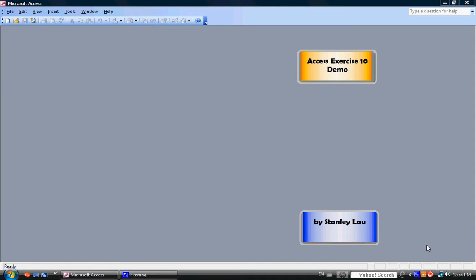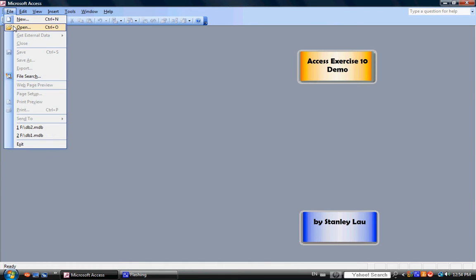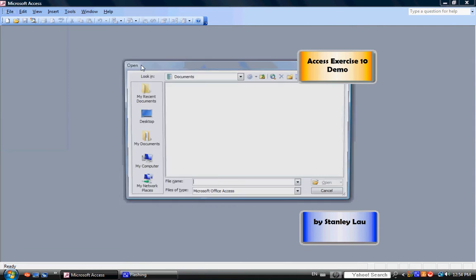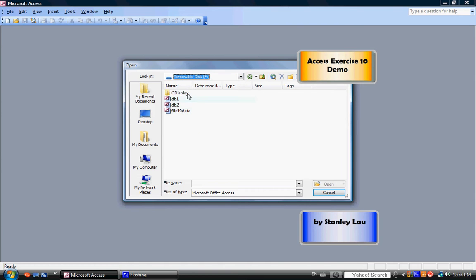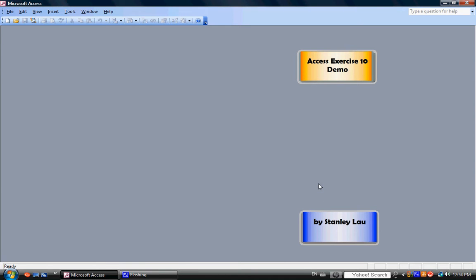For Access Exercise 10, we are going to be exporting a report from Access to Word, and then we're going to be using Word to modify that report. So if you don't already have Database 1 open, go to File, Open, and look in your disk or removable disk, choose DB1, click Open,